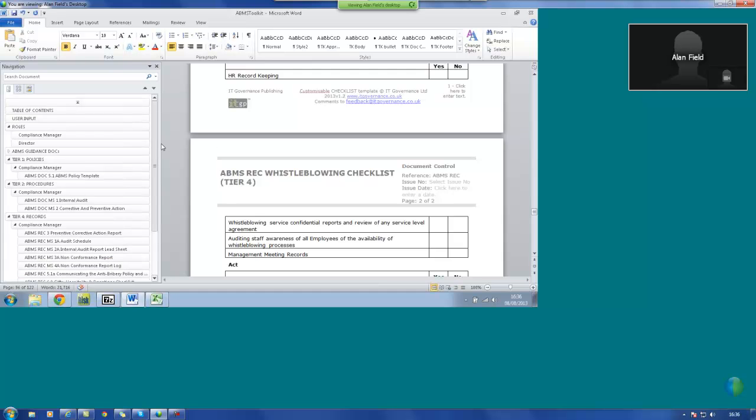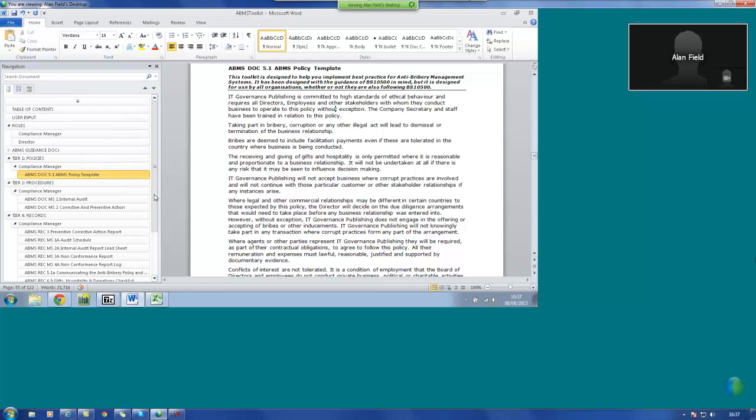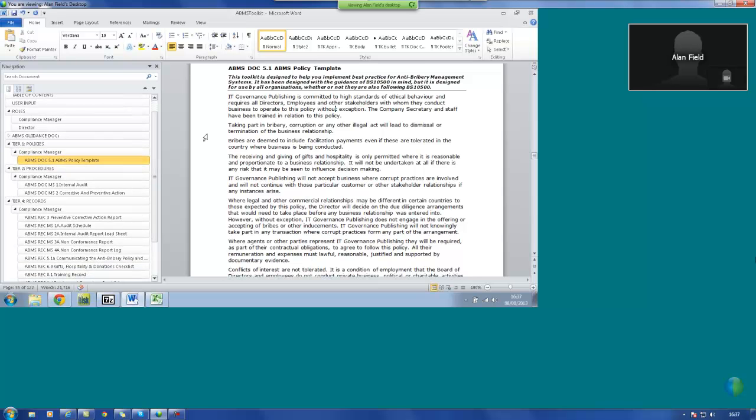The toolkit is split into, as you can see, the policies, and that gives you some guidance of what should be contained within the policy. Some quite interesting stuff in there, high standards of ethical behaviour, as well as the ones relating to illegal acts, facilitation payments,